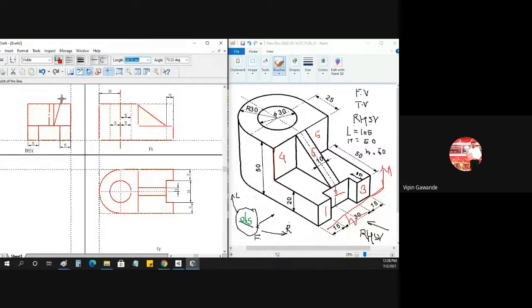This is one vertical line here, and on this side we have one vertical line. What are the dimensions for this? The total dimension of the rib is 10, so this is 5 on one side, and on the other side also 5.